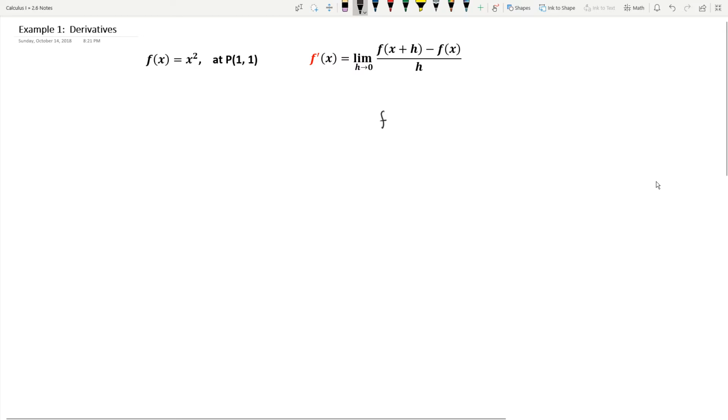f prime of the input x. So prime is just that little apostrophe or quote, whatever you want to call it. I forget what it's called, but essentially we're just taking f prime of x, which means let's find the derivative of that function. There is another way that we will learn that you can say this, which is the derivative